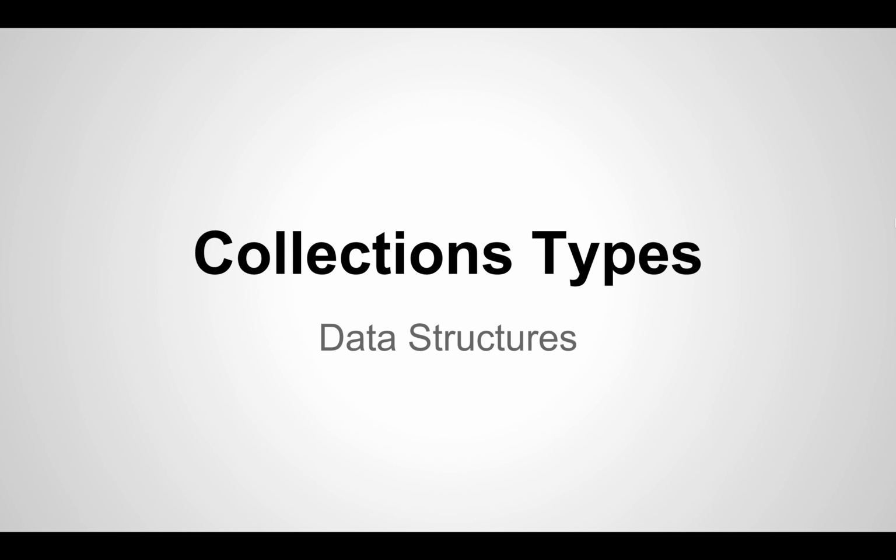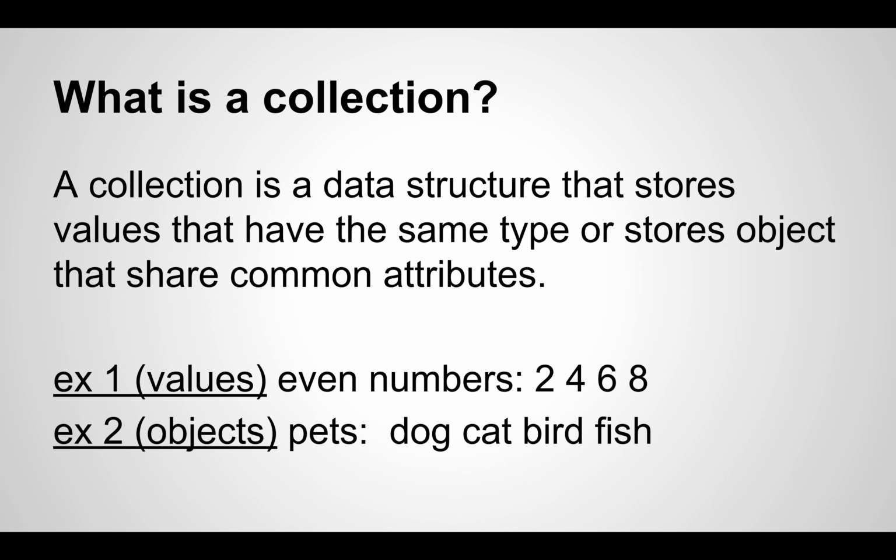Collection types. So what is a collection? A collection is a data structure that stores values that have the same type, or it can also store objects